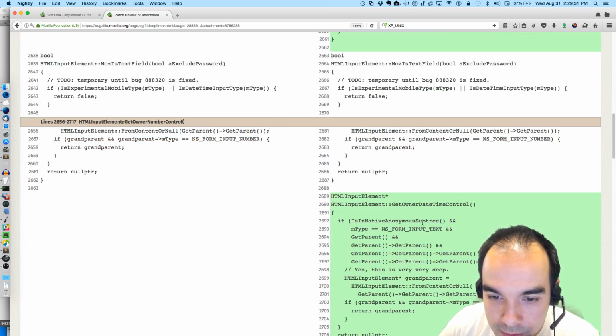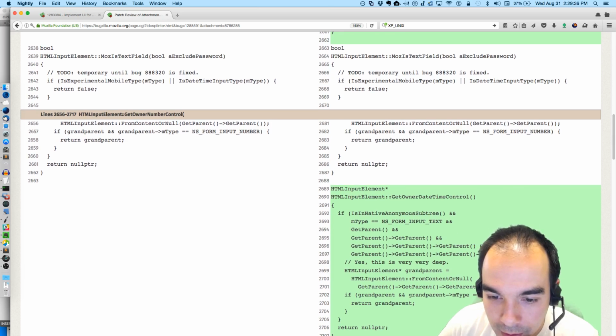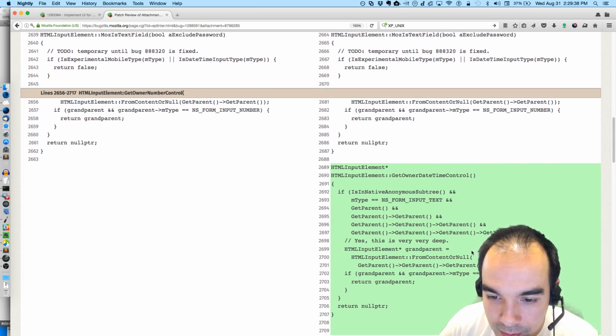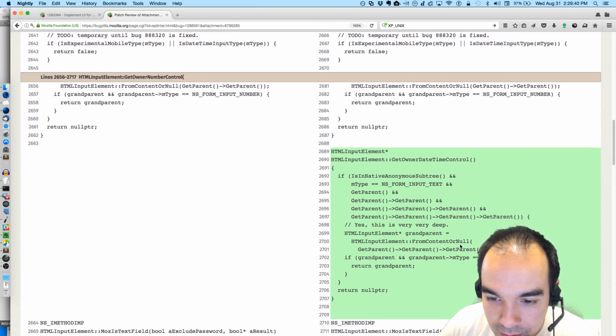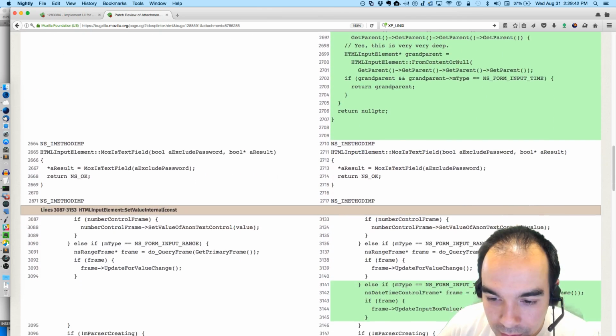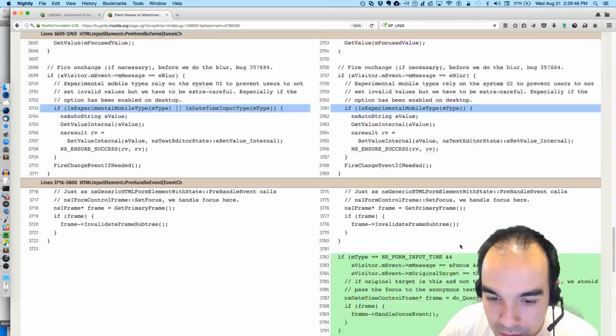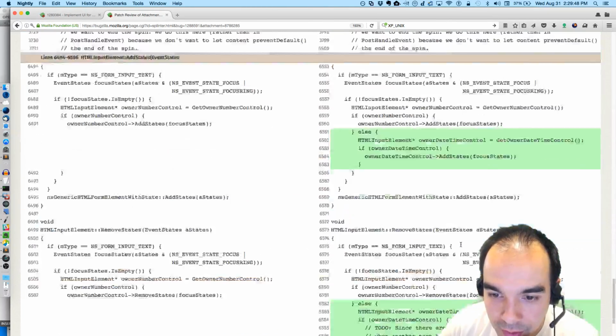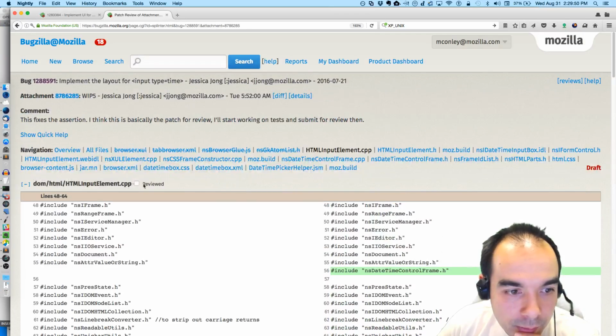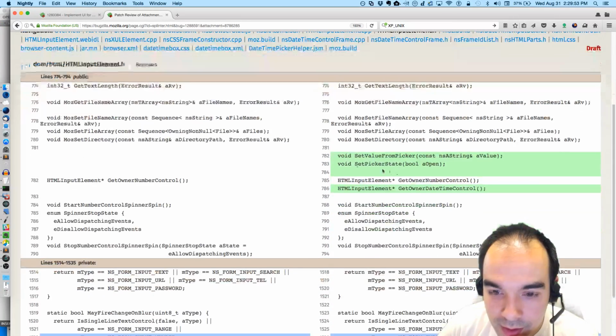Is in native anonymous subtree and is an input type input text, and get parent, and get parent, and get parent. Yes, this is very, very deep. Gross. Okay, I guess this is not a thing I really need to review, but maybe the stuff inside.